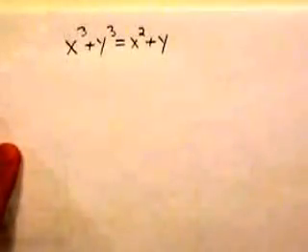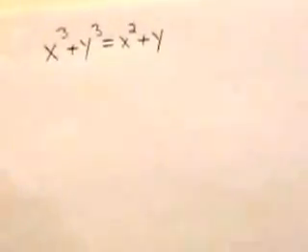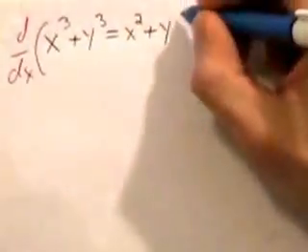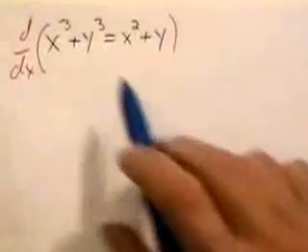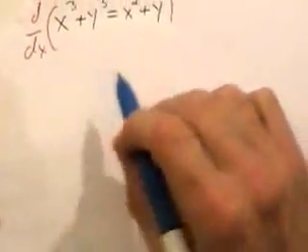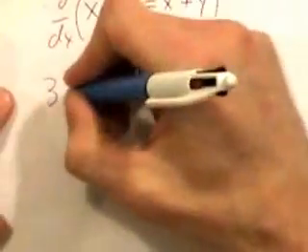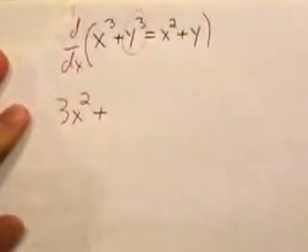Alright, okay. I want to know, what is dy/dx? If we regard y as a function of x, what will dy/dx be? So you do the same thing, d/dx of both sides, the whole thing. Just differentiate each piece individually. The derivative of x cubed is 3x squared, plus the derivative of this, once again,